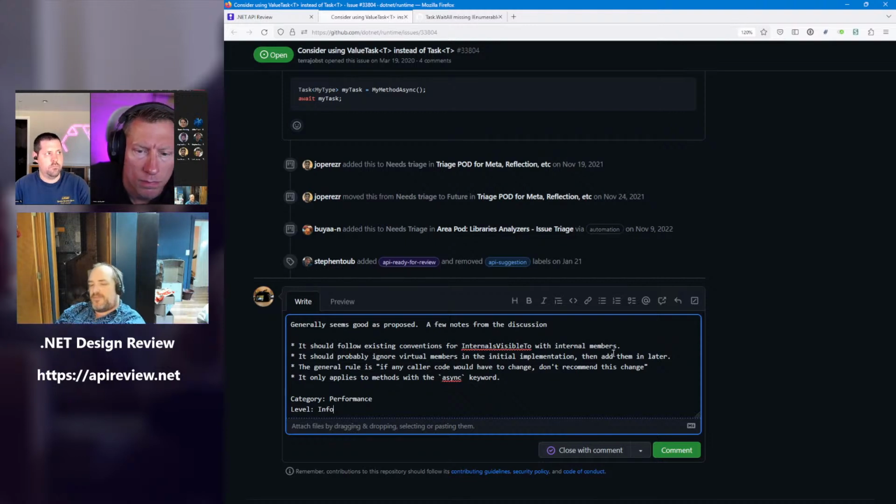Okay. So, given that this is a big, beefy, expensive thing, is info a good level? Yes. Okay. You can say you don't want it warning because you think it'll be too noisy for people, and then the question is, is info even giving them actual value, or should it be none and you just have to opt into it and turn it on?